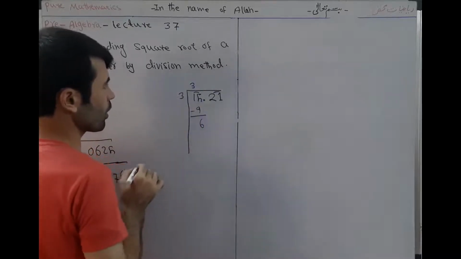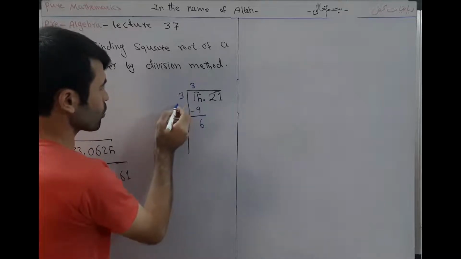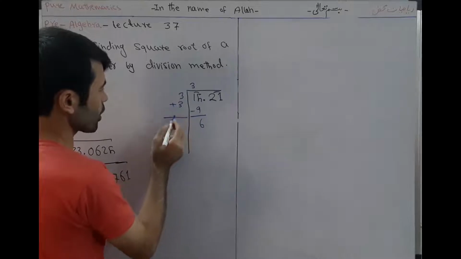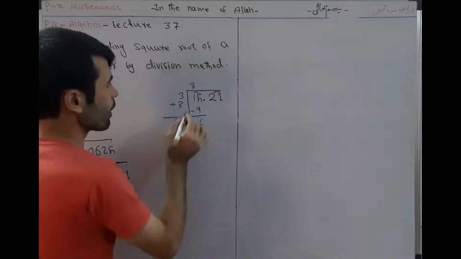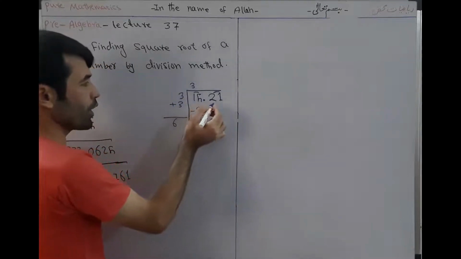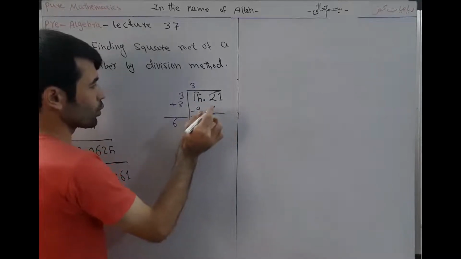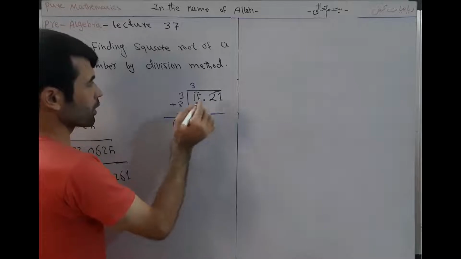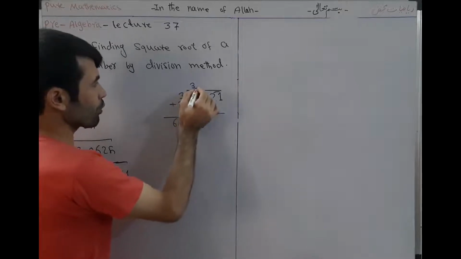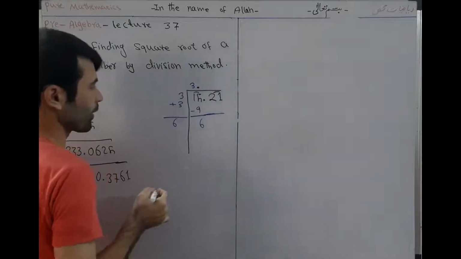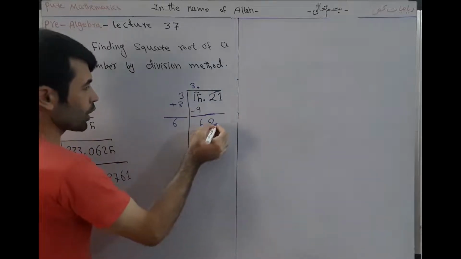Now we add 3 and 3, which is equal to 6. Now we bring down 21. Here we have to put the decimal point in front of the 3. Now it will become